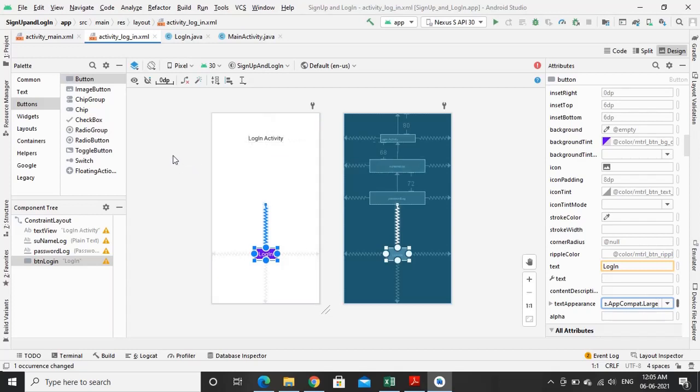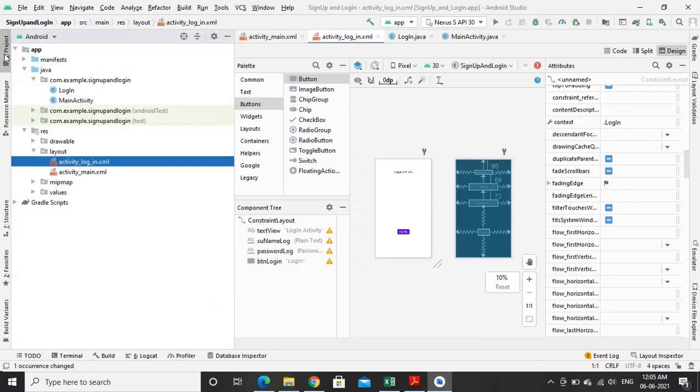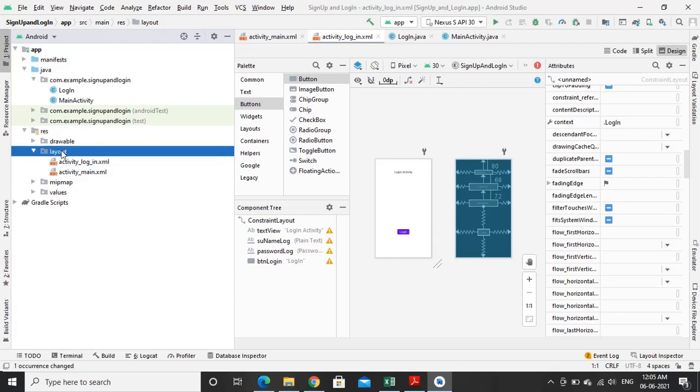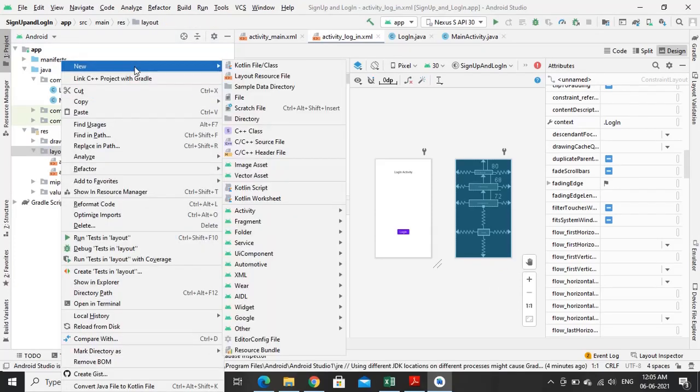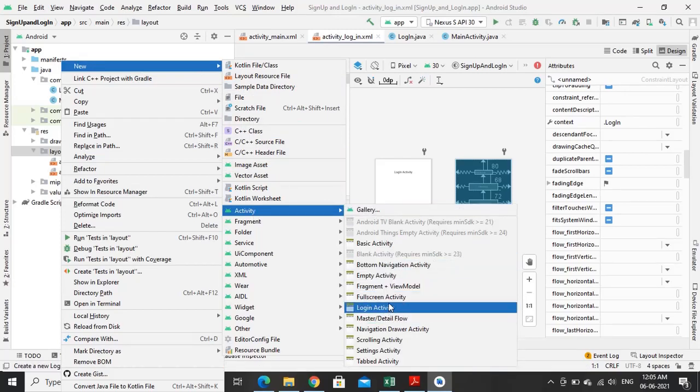Also we require one more activity page for printing successful login. So repeat the same process. Go to project, click on layout, right click, new, and go to activity and select empty activity.